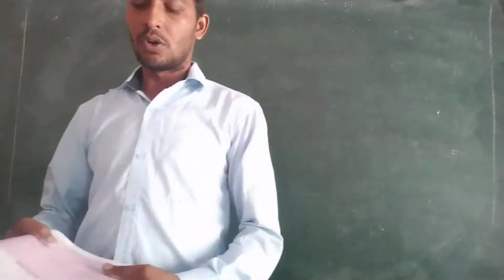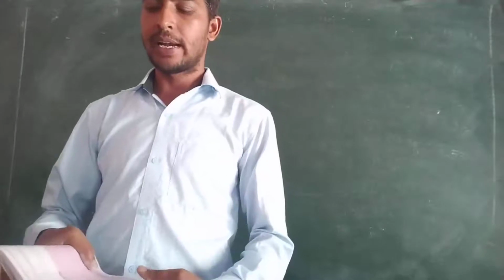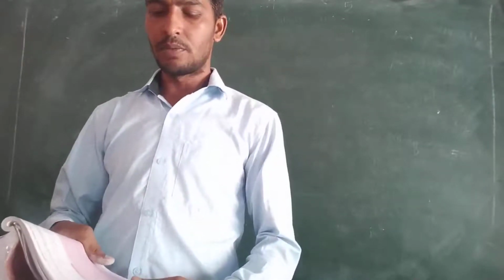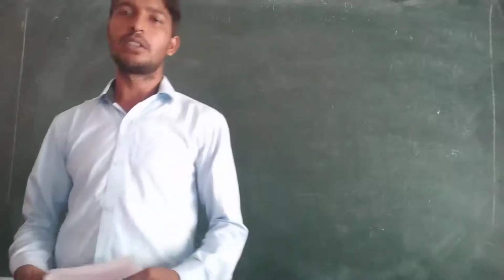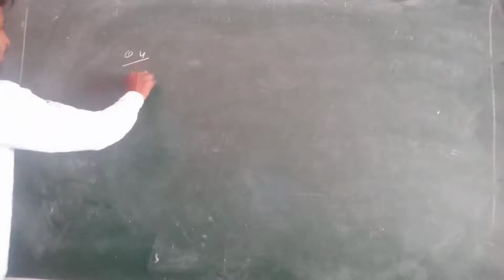So now the next question is question number 4. What percent of votes are in favor of a candidate if 25% vote for him and 45% vote against him? So everybody read question number 4 from your book. Okay, so now we will do only the solution. This time we will not write the question here. So question number 4, and this is the solution.